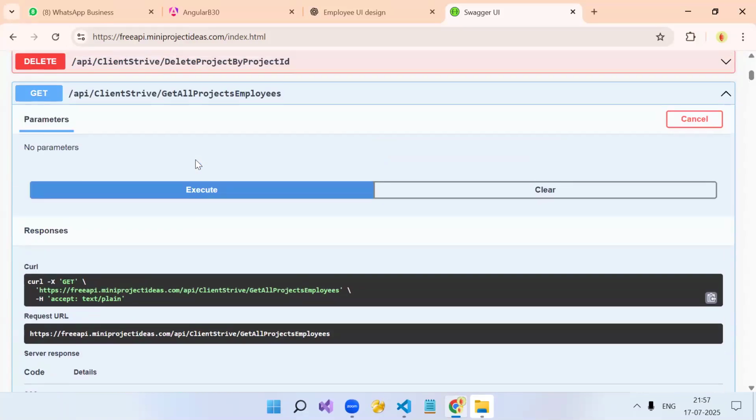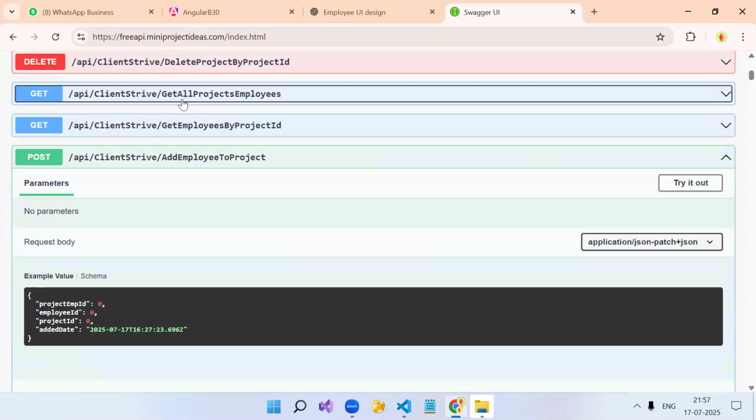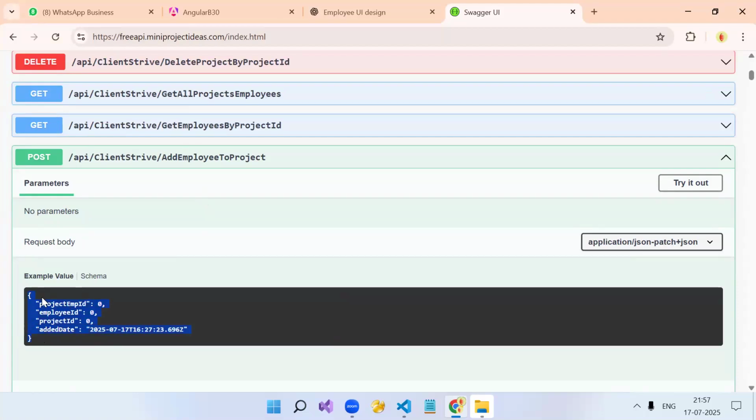GET API can have a different response and POST API can have a different payload. Clear? So you create this object, put it into a variable, and bind that variable to your form. In your form you are going to have the employee drop down and added date; project ID you already have in the input. So that's it. Got it?